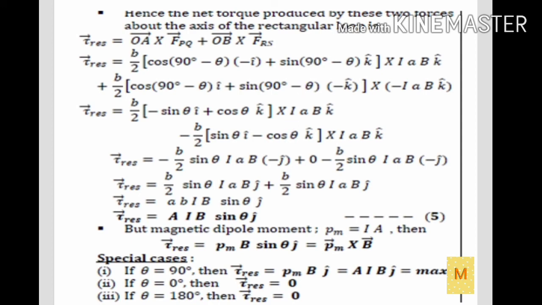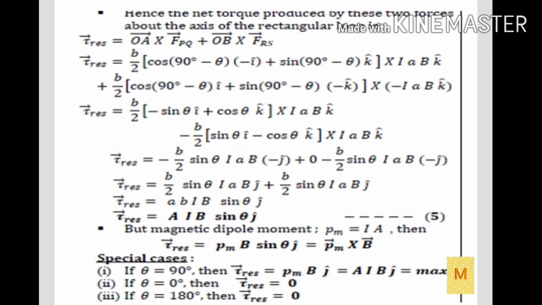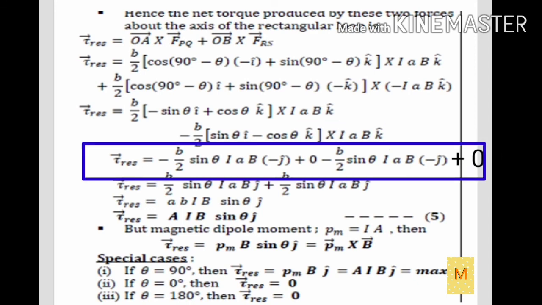So that the equation becomes b by 2 into minus sin theta i cap plus cos theta k cap cross IAB k cap, minus b by 2 into sin theta i cap minus cos theta k cap cross IAB k cap. Look at the bracket terms in the right hand side. i cap cross k cap is equal to what? Minus j cap, and k cap cross k cap is equal to what? 0, and i cap cross k cap is equal to what? Minus j cap, and k cap cross k cap is equal to what? 0. Hence the equation becomes minus b by 2 sin theta